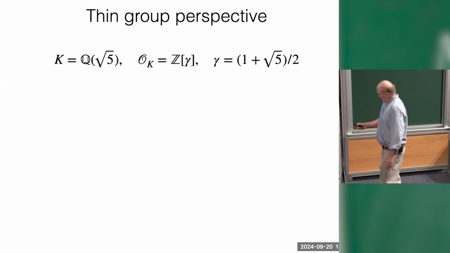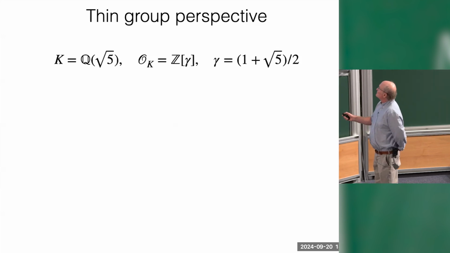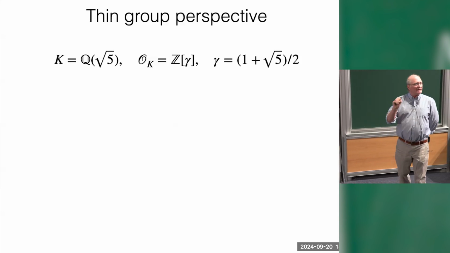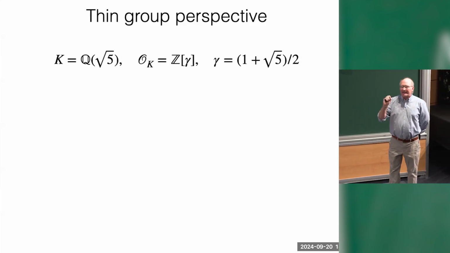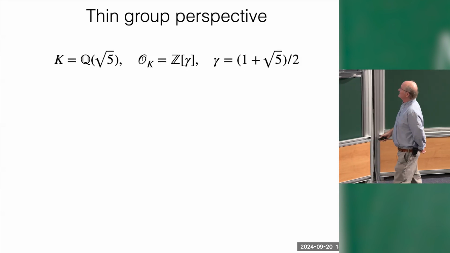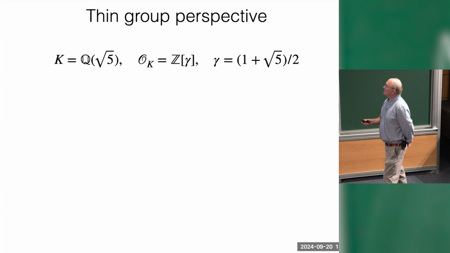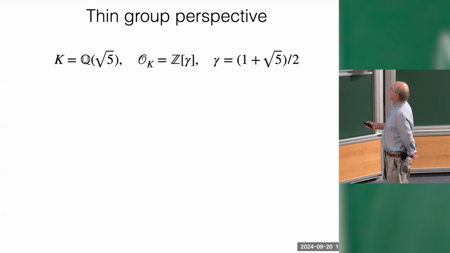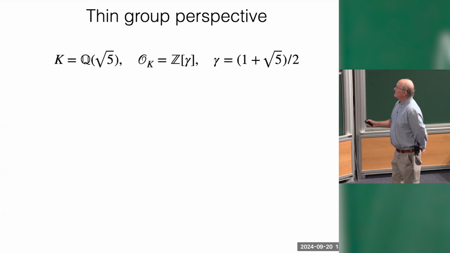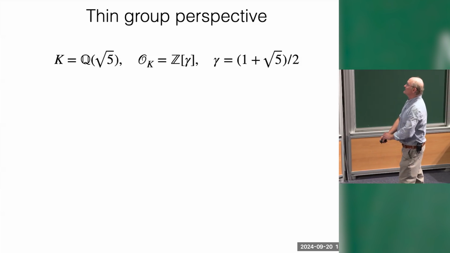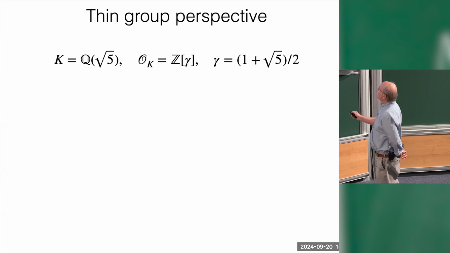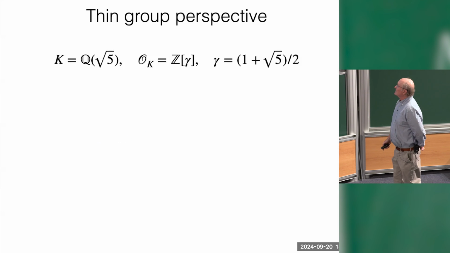So one thing I'd like to add to the perspective is that this triangle group, although it's a lattice in SL2R, can also be thought of as a thin group in SL2R cross SL2R. And that perspective will be critical for the discussion going forward. So just to introduce some notation, as you can guess, if you're doing the pentagon, this field K, adjoin root 5, which has already been mentioned, arises. This ring of integers, which is generated by the golden ratio, gamma, is also important. So this is some notation.